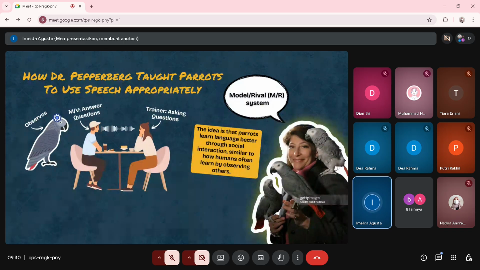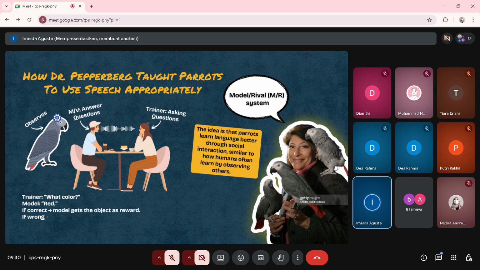Here the bird learns first how to pronounce a word and when the word is used, which is when the trainer asks "what is it?" That's when we have to answer and use the words, and what is the consequence if it's right or wrong. If it's right, he gets the object. If not, he will not get anything.